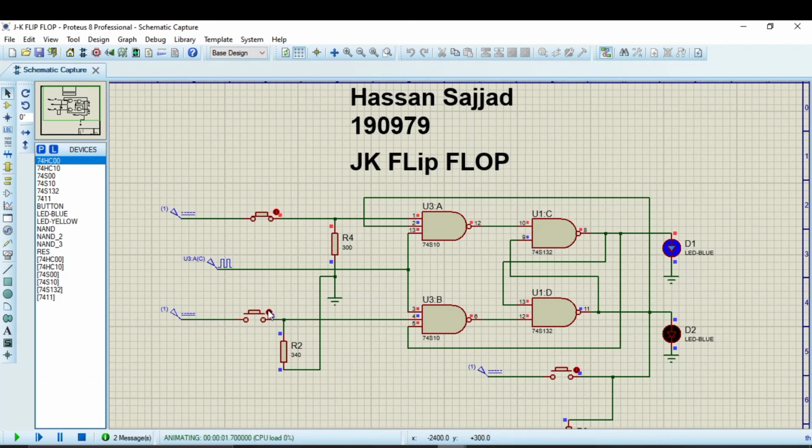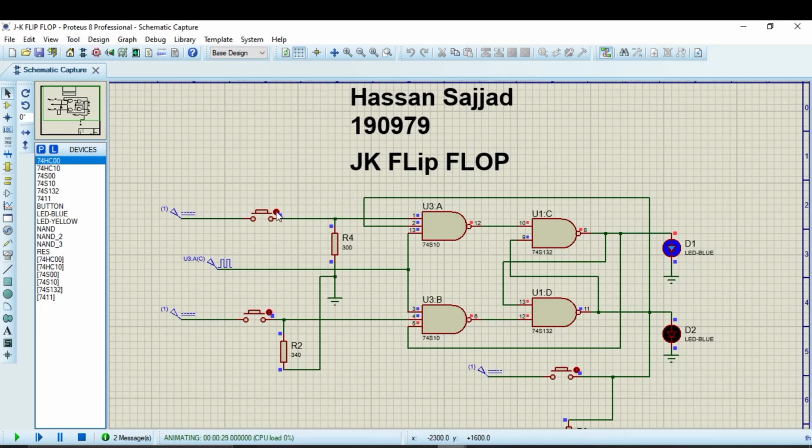So it has the 2 inputs. You can see that the one is turning off and on with the frequency of this AND gates, with the frequency of this clock that we are providing of 1 Hertz, and then again turning the knob off for this Q dash. You will see that this will be off, and for example, if I'm going to turn on this one, then you will surely see that this will be turned off, and the blue LED will be turned off at D2. So if I turn off both the knobs, then you will see that the blue LED is turned on for D2. So this is the temporary storage of the memory,